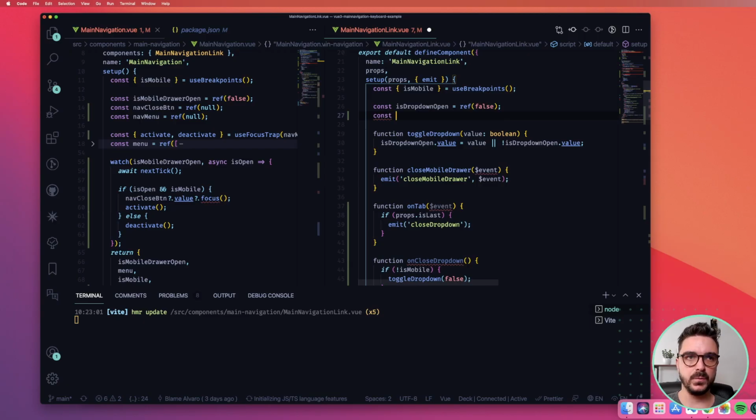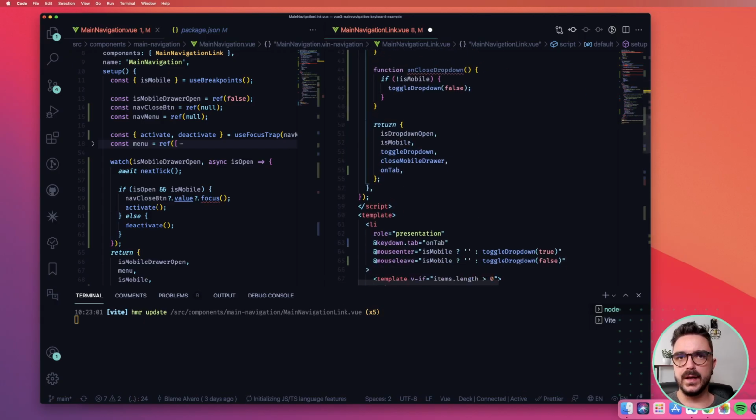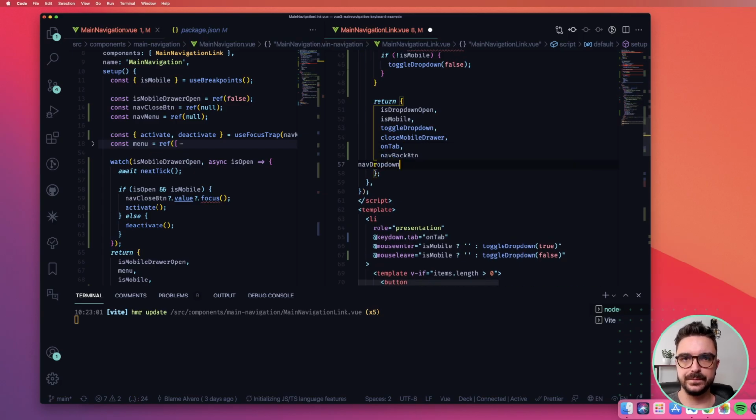For the back button we need a template ref. So navBackButton is equal to a ref null, and we also need another const for the navDropdown, which is also a ref null. Before we forget, let's copy and paste here to return it to the template that is available there.